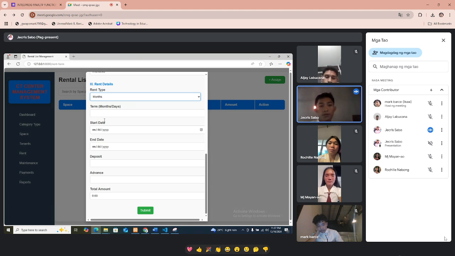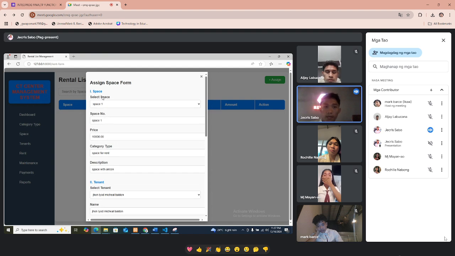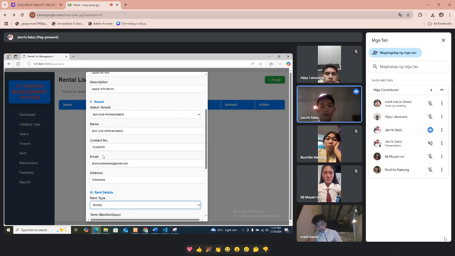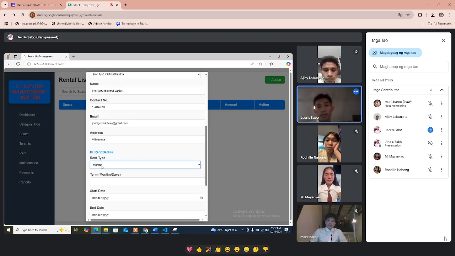So if you can see here, the space for rent that the tenant selected is assigned from is per month.